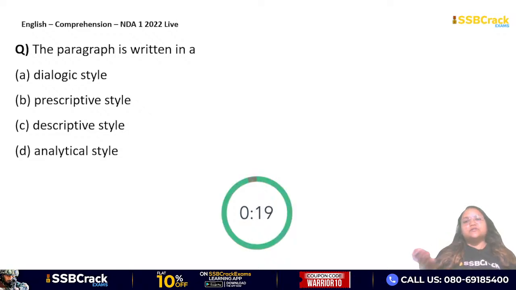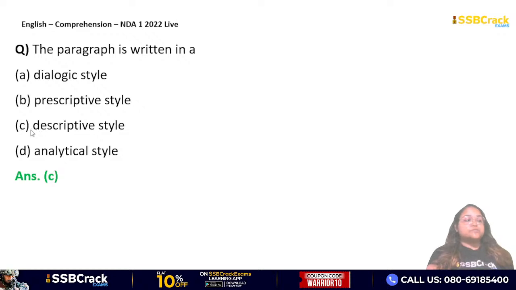Dialogic style means when you can say conversation, as if someone is speaking to you, or some kind of conversation going between two persons. Prescriptive style is just like a doctor's prescription. He suggests you medicine. So here the passage could have been, where the author is prescribing what to do, what not to do. Descriptive style is describing something. Analytical style is someone who's evaluating, assessing, giving critical evaluation or review of something. So here the most important style that the passage has observed is option C, which is descriptive style. It's written in complete descriptive way,